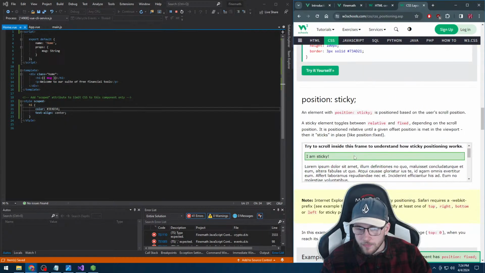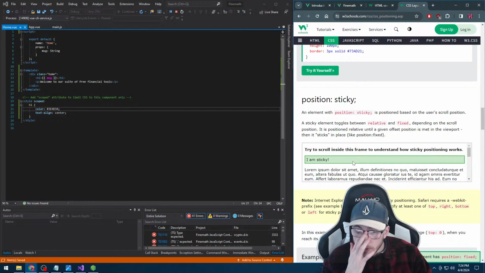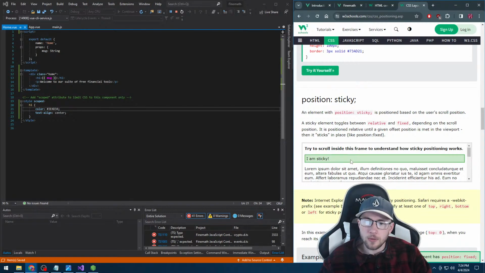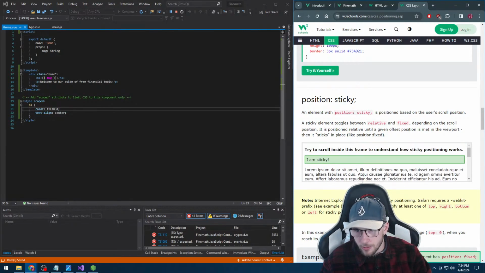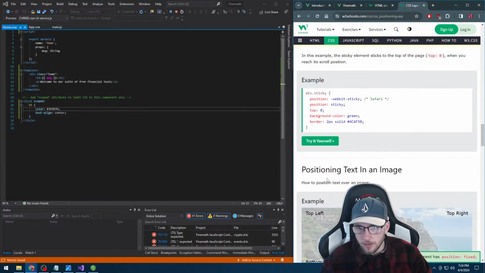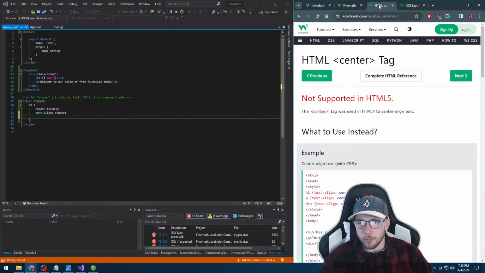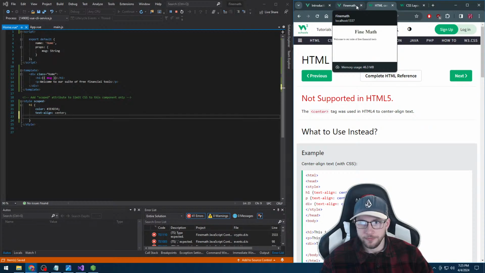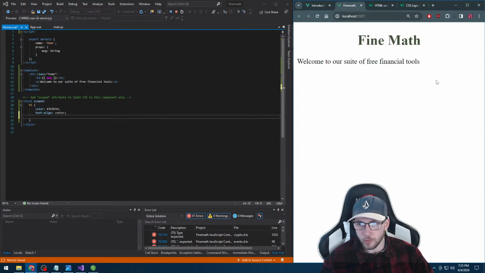Position sticky. We'll keep things on the page. So, for example, we can't scroll, but if we could,